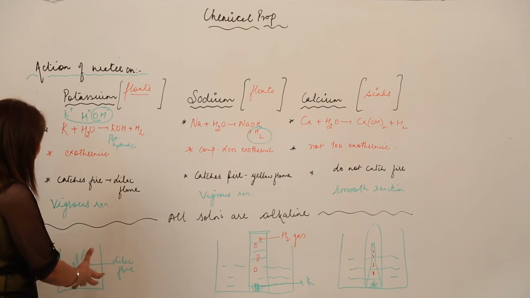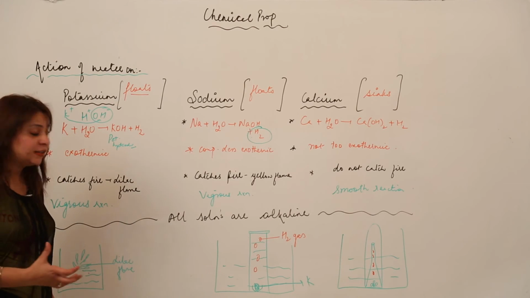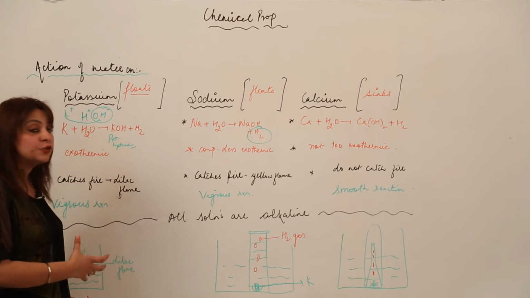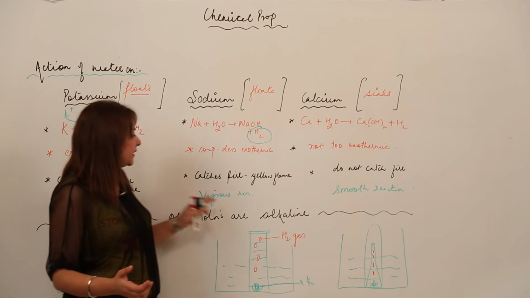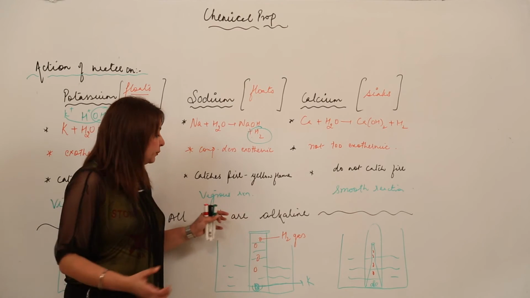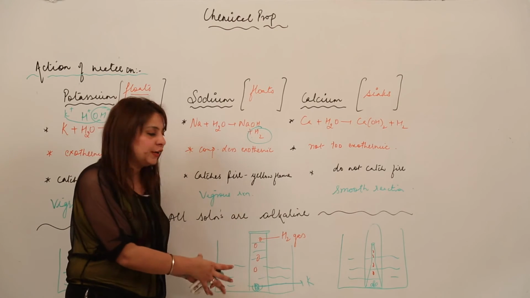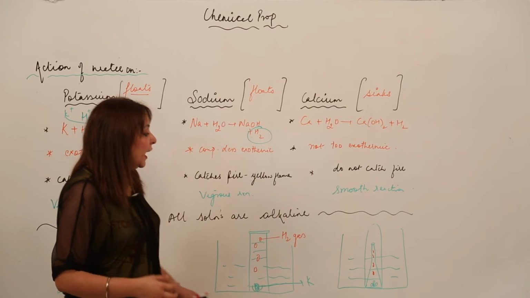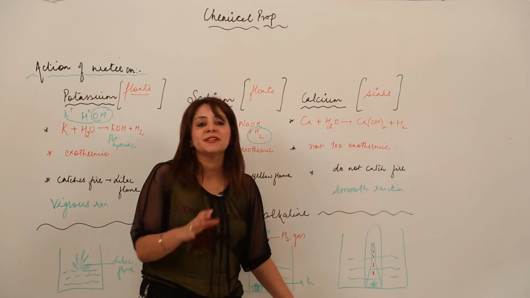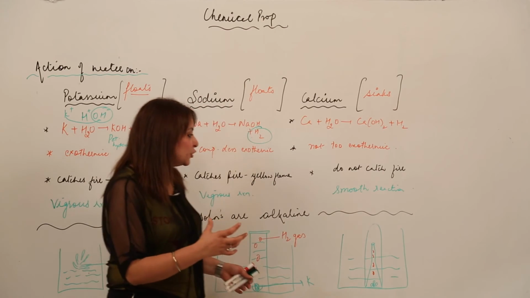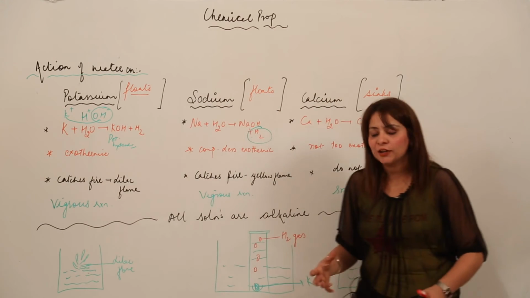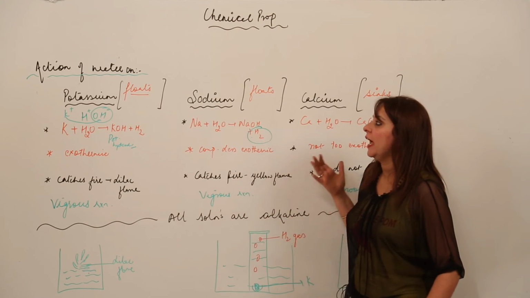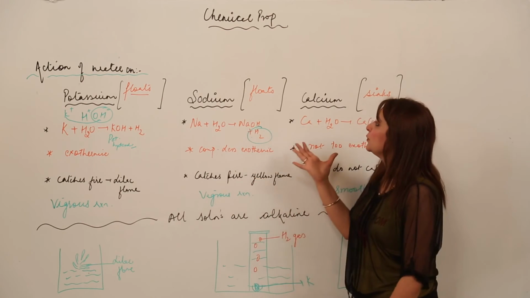Moreover, you can say that the potassium reaction is highly vigorous, it occurs in a second, right? It is highly vigorous in nature and highly exothermic. The sodium reaction is comparatively less vigorous and less exothermic, and the flame is of golden yellow color. And likewise calcium is different, it is actually a smooth reaction, no such fire occurs. So this is how the metals, that is potassium, sodium and calcium, react with cold water.